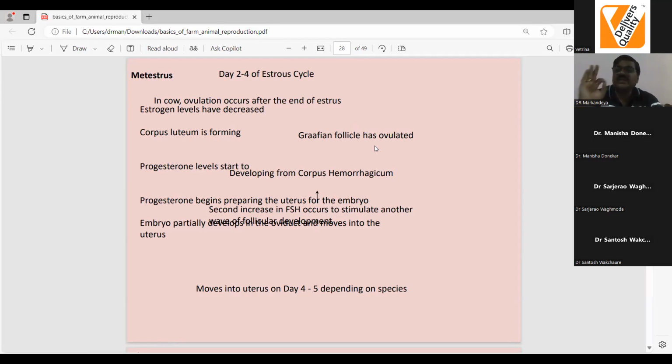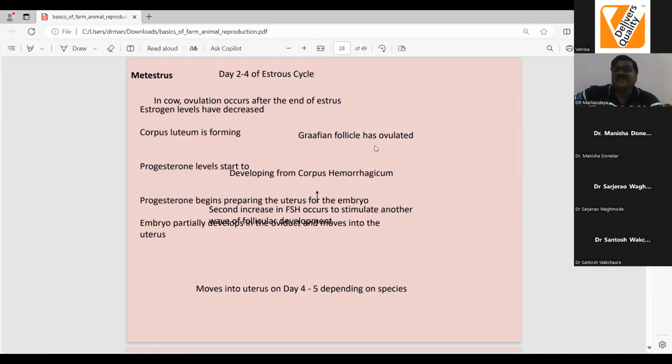Only and only healthy animals have metestrus bleeding, and that too in the case of crossbred cows and HF cows. Our native cows are very less in number, but those which are healthy will definitely show metestrus type of bleeding. But this is not seen in the case of buffaloes, please remember. And metestrus bleeding is also not seen in the case of small ruminants.